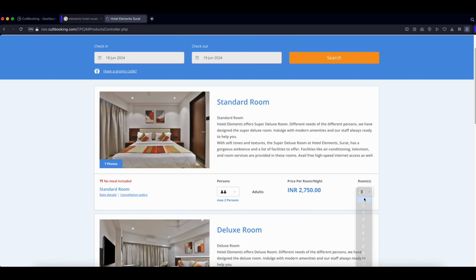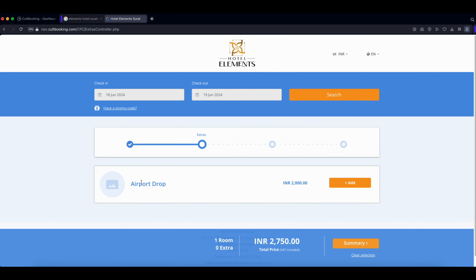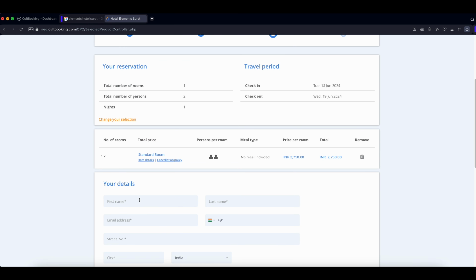So now the guest will book a room. Here it's also an extra airport drop. Goes to summary. Don't need this service at the moment. So here it's a test. Just booker, email address,